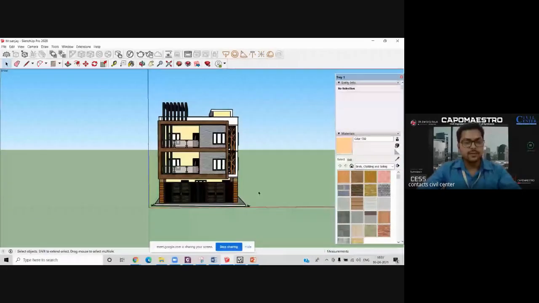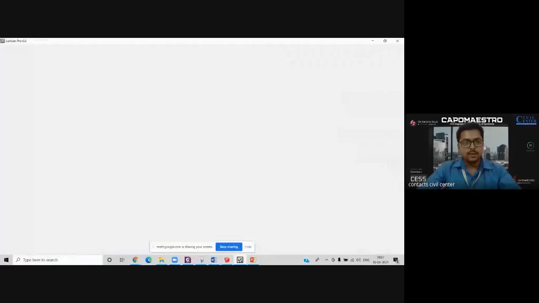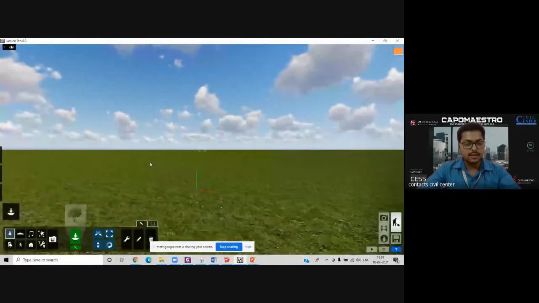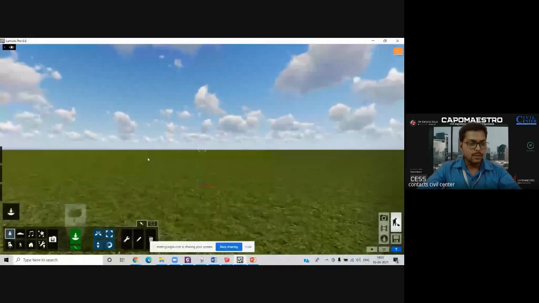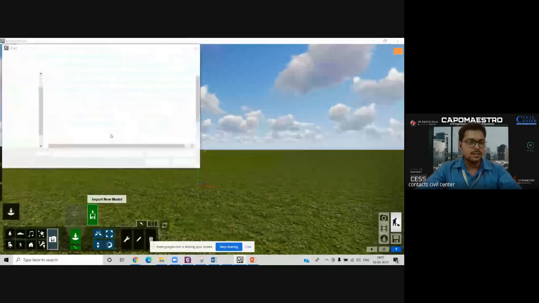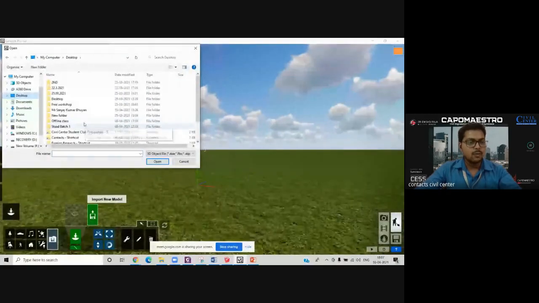And over here you can see our rendering software, and the name is Lumion. I don't have this model with me, but I will show you how to import the model here. You just have to go to import, and then you can import a new model. I'm just giving you a brief introduction, but this has to be covered in the last class. I'm showing it so that you have an idea of what things we can do in SketchUp.